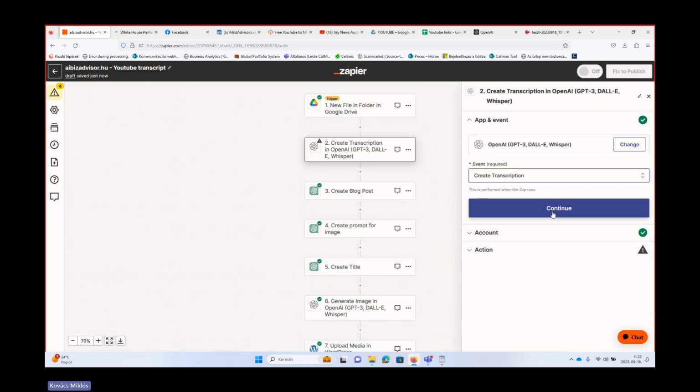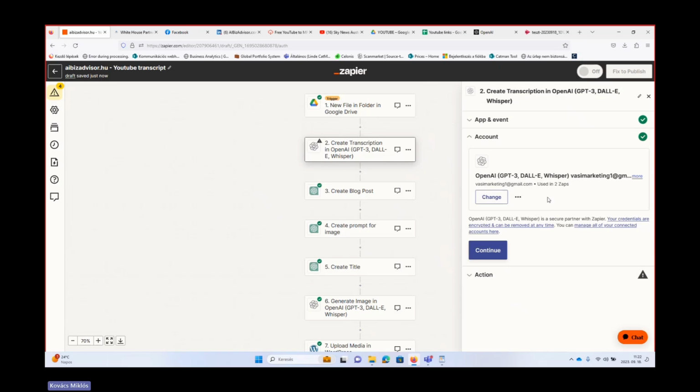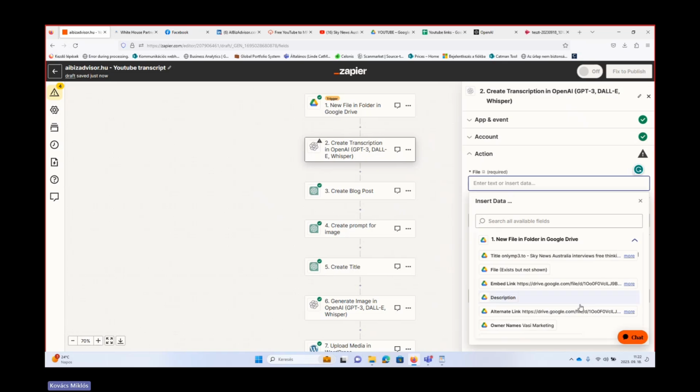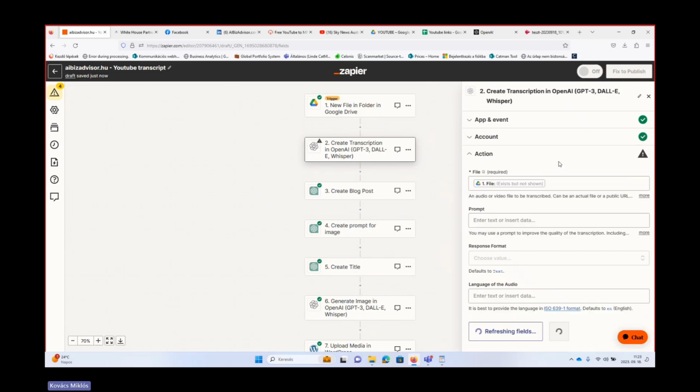Okay, cool. It's working. Our OpenAI account is already linked. And now here comes the point. Basically, I need my file. And here is the file. I'm choosing that.